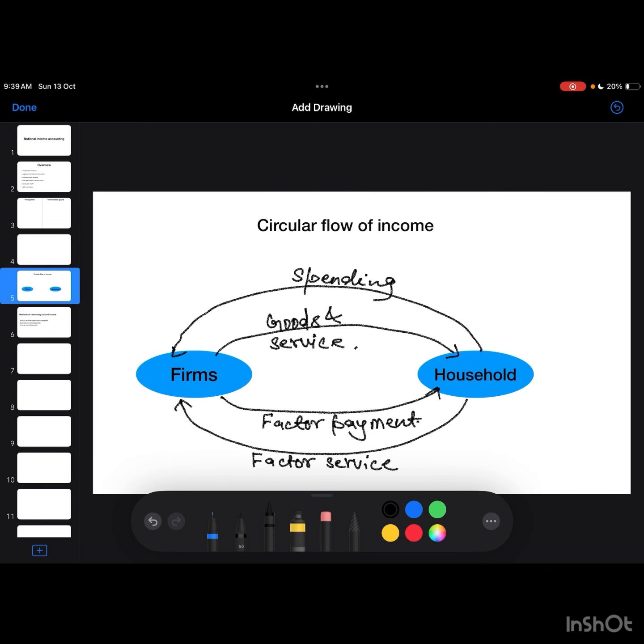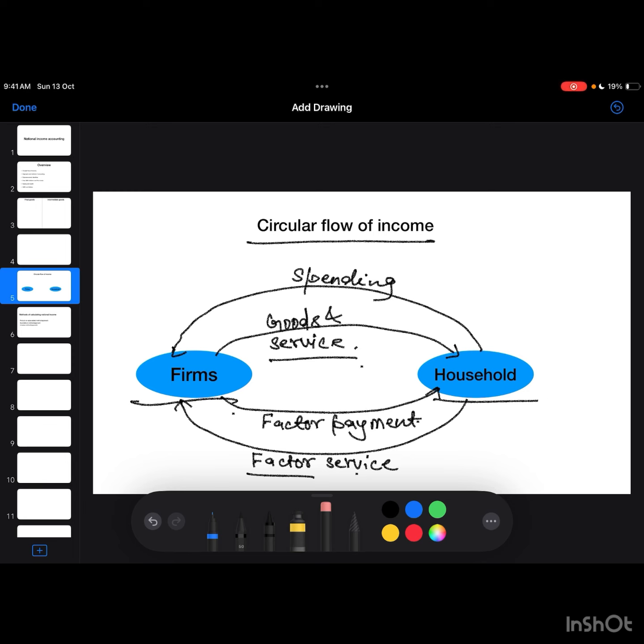Now after final goods and intermediate goods, the topic is circular flow of income, and this is for the two sector economy, that is firms and households. In this model of circular flow of income of two sector economy, households provide their factor services to the firm. For these factor services the firm pays them payments, and from that payment, or say income, households spend on the goods and services produced by the firm.